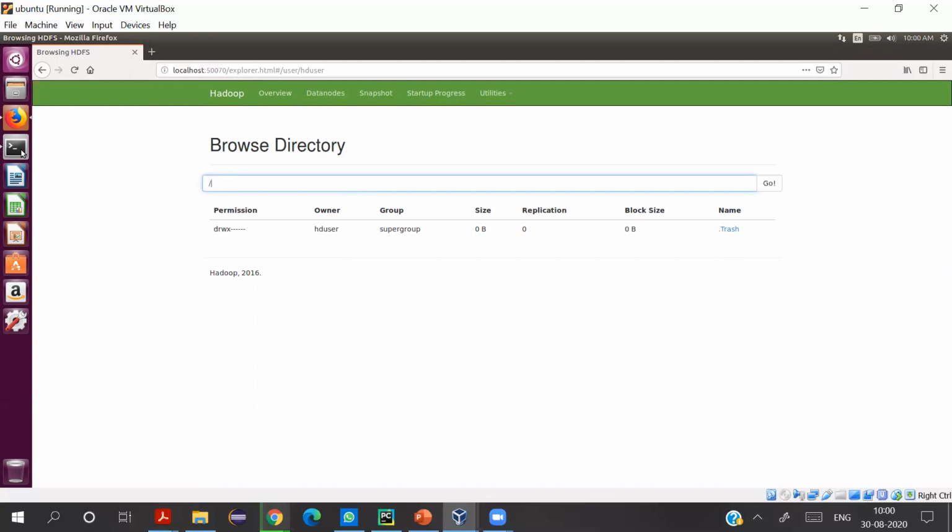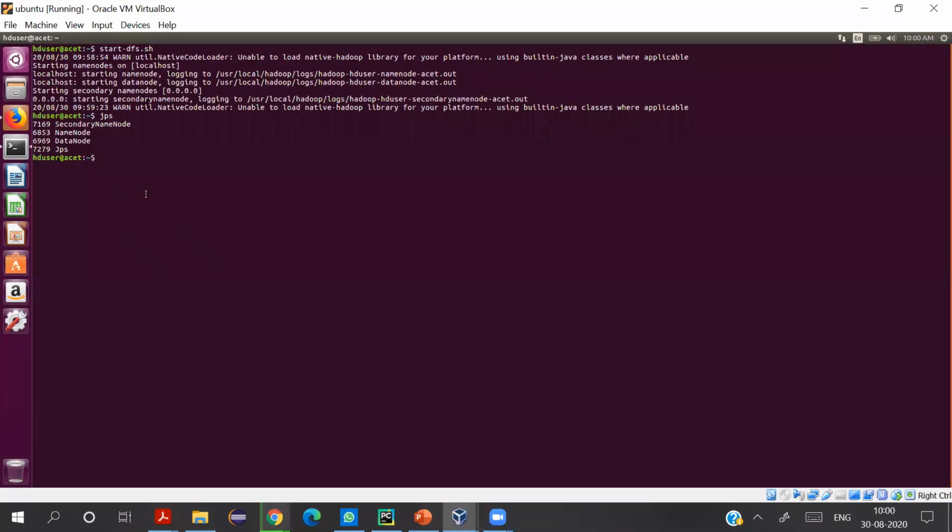Let us now go to the command line and let me create a file for you in the local file system. Look carefully how I'm using these commands. I've created a file A1. Similarly, I'll create another file A2 and store some text in it. And by pressing Ctrl+D, I'll save it.